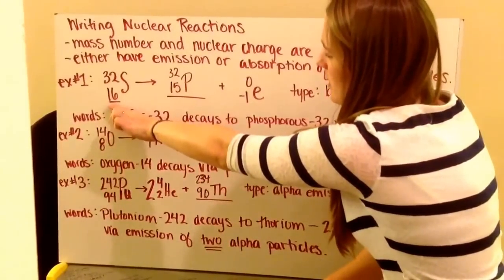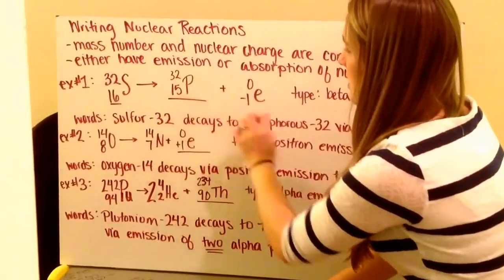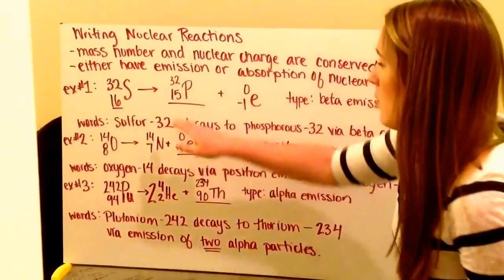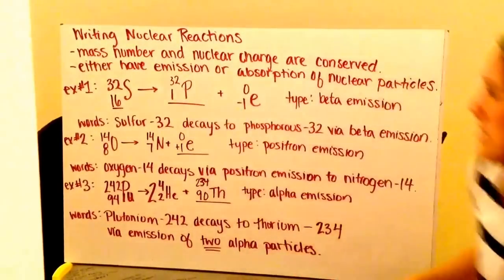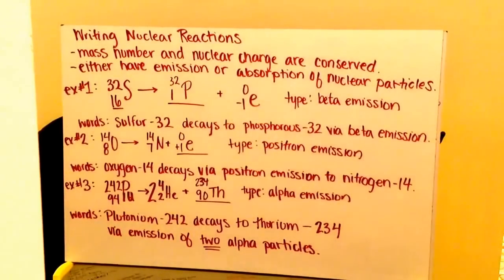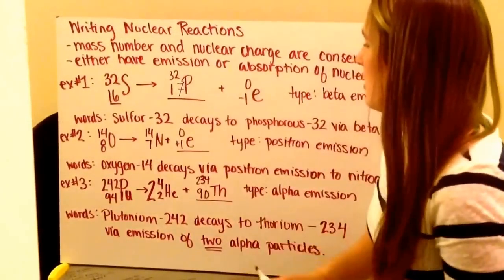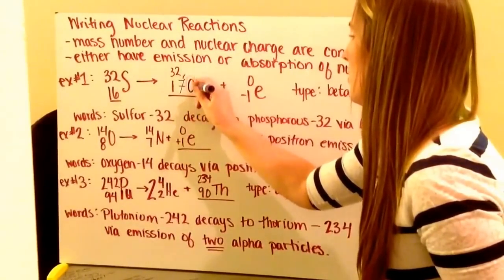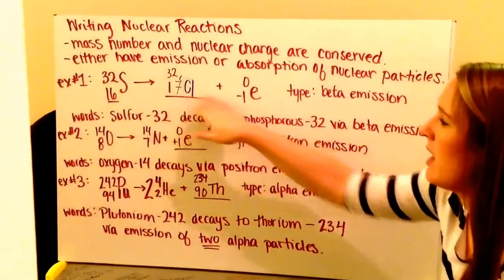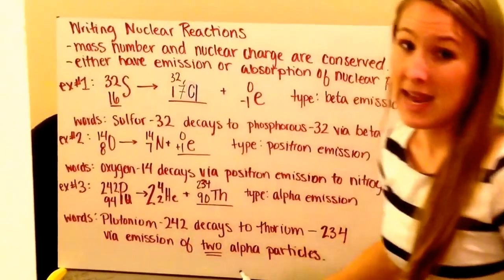On the left-hand side, we want an atomic number of 16, because that's given to us because we have sulfur. So on the right-hand side, we need our 2 added up to also be 16, which ends up being 15 and, oops, let's fix that. We need it to be 17 and negative 1, which actually is not phosphorus, but it is chlorine. Okay. So now we have this written, everything's balanced. It's one thing to watch with your negative 1s to make sure that you are adding them appropriately